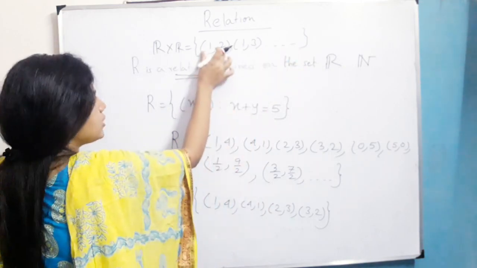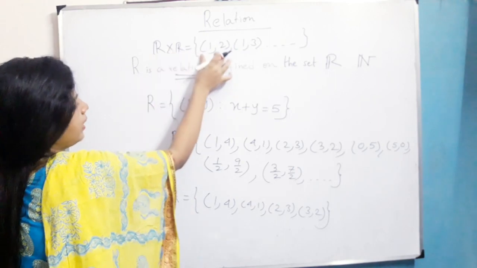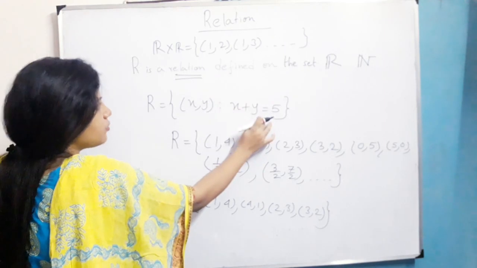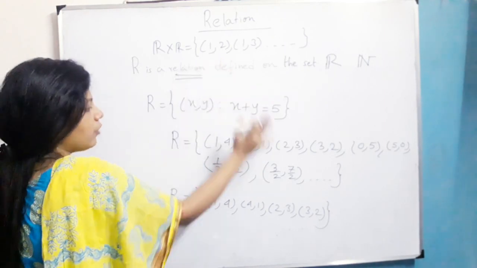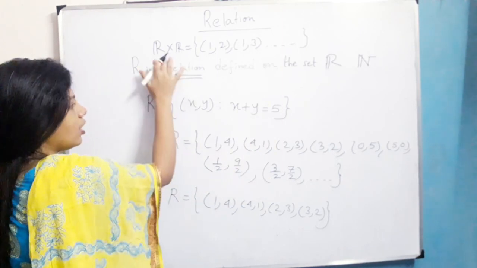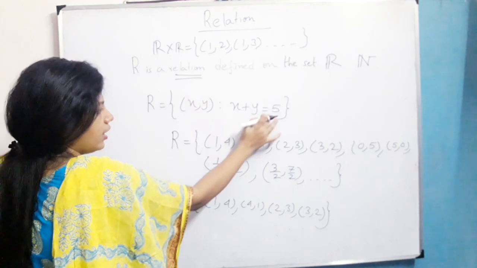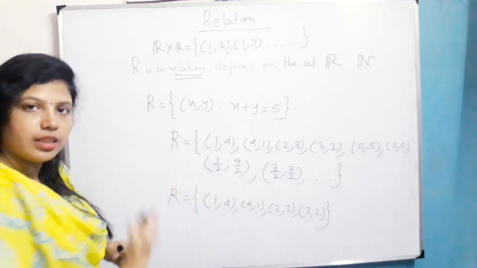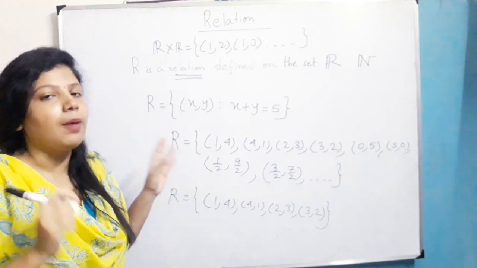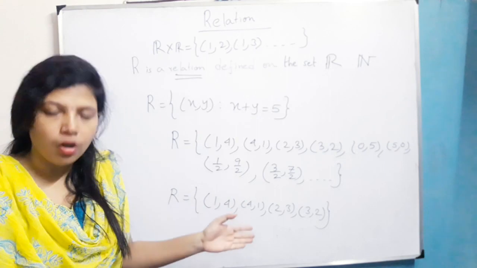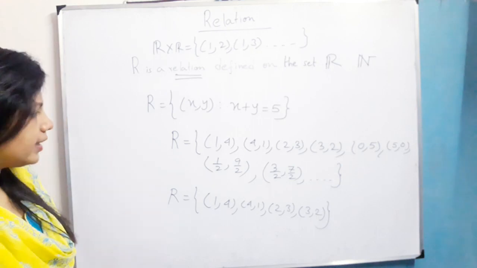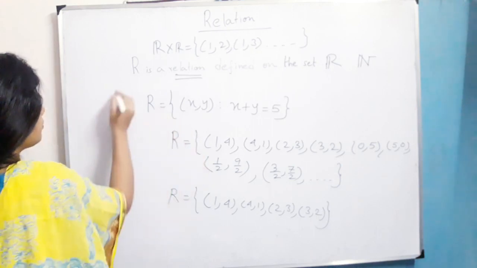So (1,2) is an element of R cross R, but 1 plus 2 equals 3. That means this condition is not satisfied by the element (1,2), so I will not take that. I will just take whichever elements of R cross R satisfy this relation. That's why I am telling repeatedly that it is called a subset. Subset means it may be covered by the whole or a lesser portion of the larger set. Okay. Now please write it down. It is one example here.